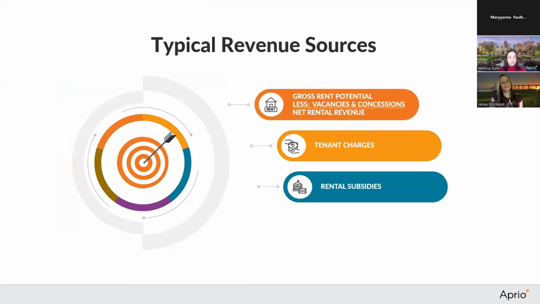Awesome. All right. So statement of operations, as I mentioned earlier, can also be called an income statement, profit and loss, P&L. So you'll hear a lot of names, but typically statement of operations is what we see in the affordable housing industry. So this is going to talk about your revenue and your expenses. So first we'll cover our revenue. Our typical revenue source, of course, is going to be our rent. And we're going to start with that gross rent potential, our GRP. This is going to be our market rents less our vacancies and concessions to arrive at our net rental revenue.